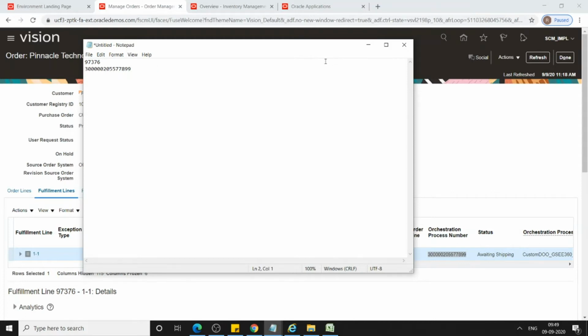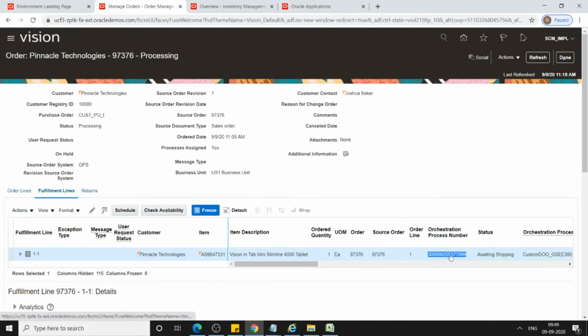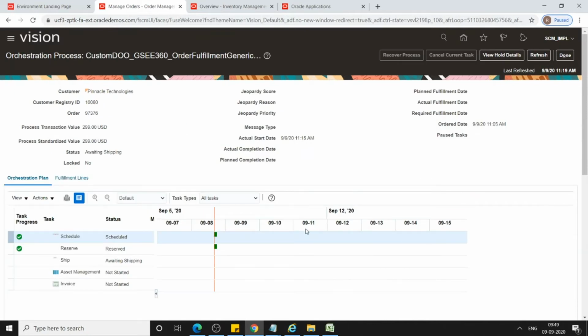Now click on this. Now you can see the graphical format of how the particular sales order line progressed. Initially, when I submitted the sales order, the sales order line status was not started.